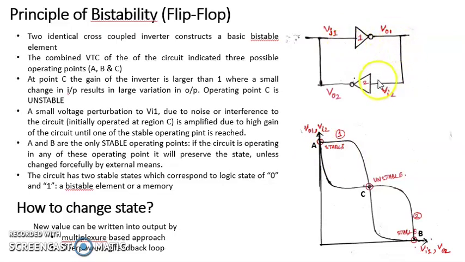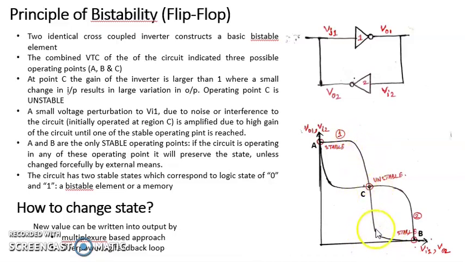This VOH will act as the input for the second inverter, and the output will be VOL. And this VOL will again be connected to the input of the first inverter, whose output will be VOH. So from this point, the circuit will hold its state: VOH here, VOL here, and the same voltage VOL here. So with a small deviation from the VTH due to noise, the output has changed, and this is because of the high gain of the inverter in this transition region.